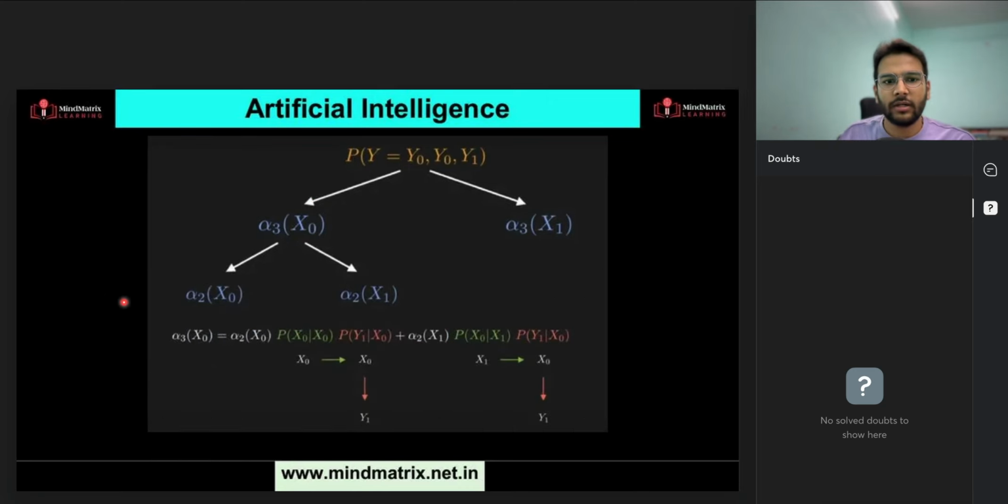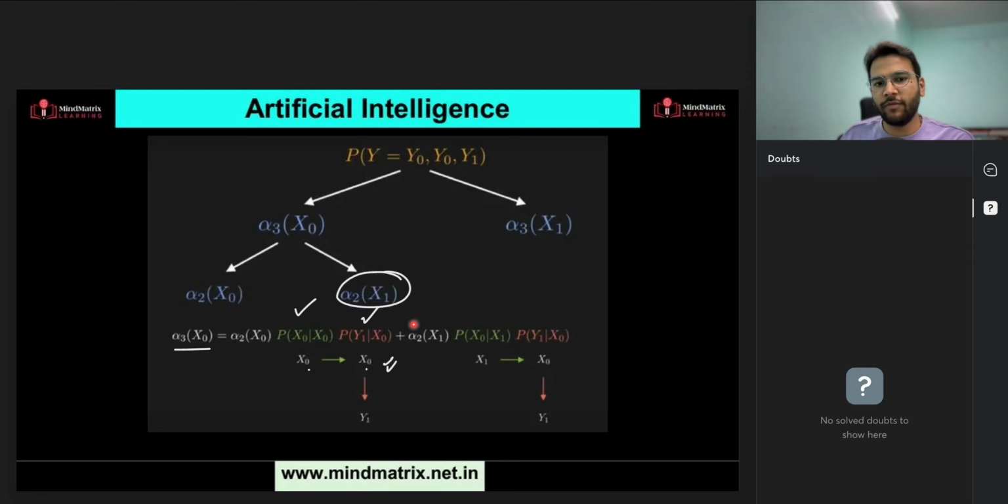You can see here. On the third day it is x0 and here it is y1. On the second day it is x0. So can I say alpha 3 of x0 is alpha 2 of x0 multiplied by probability of x0 given x0, y1 given x0